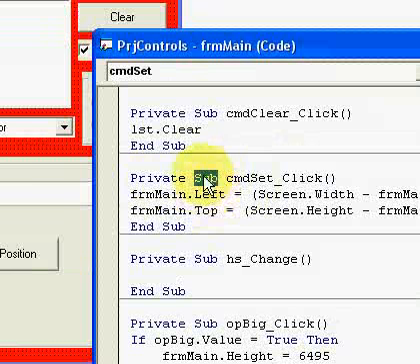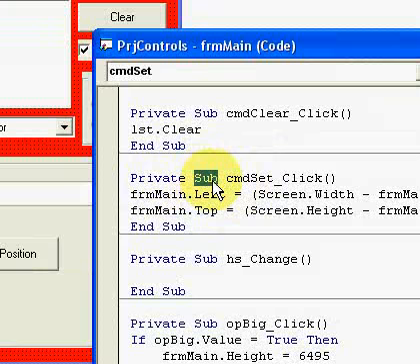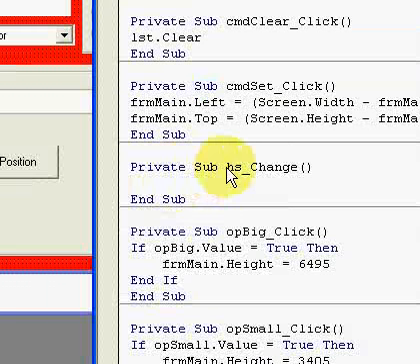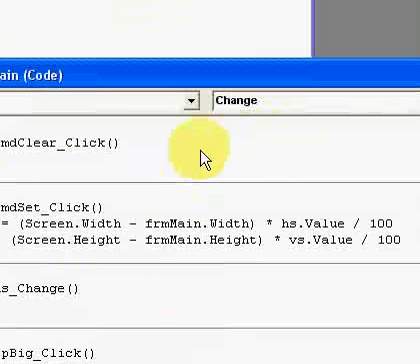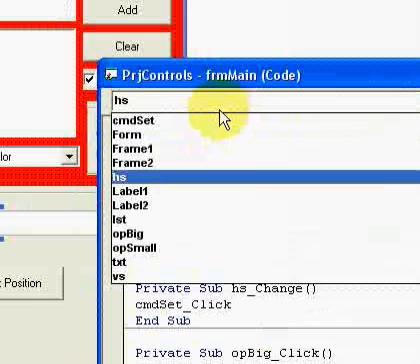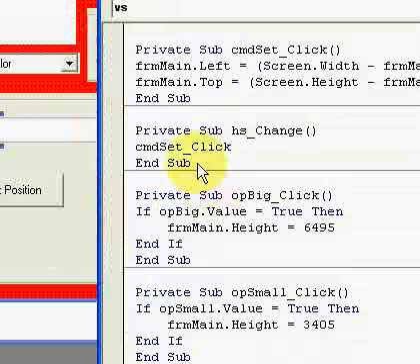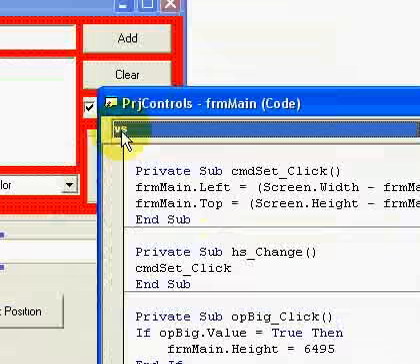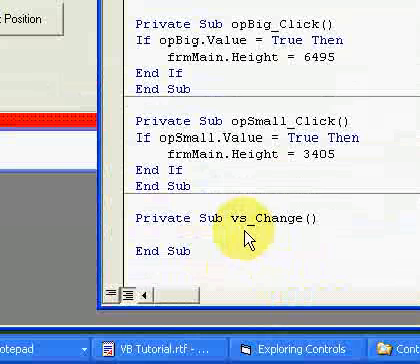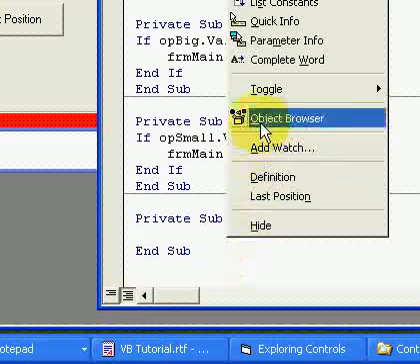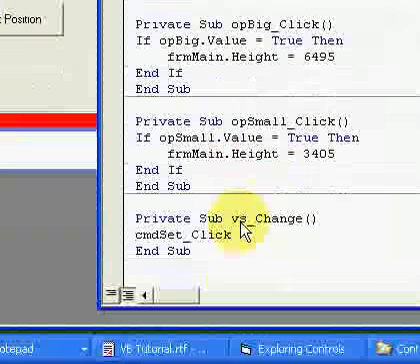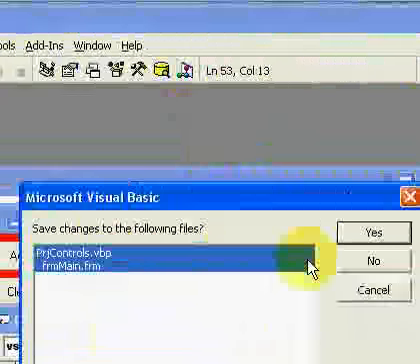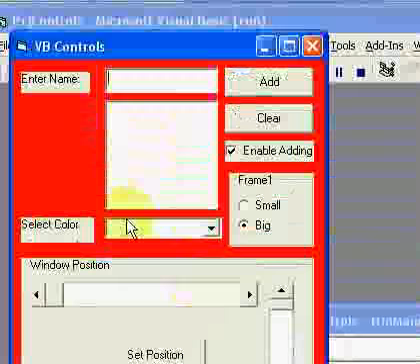Methods are prefixed by the Sub keyword. In hs_Change, let's just paste it here, cmdset_Click, and also select here the vertical scroll bar, the vs, and also paste here. Now when we run the program,